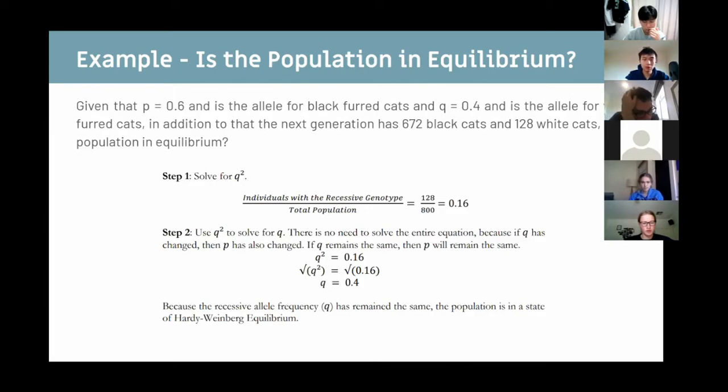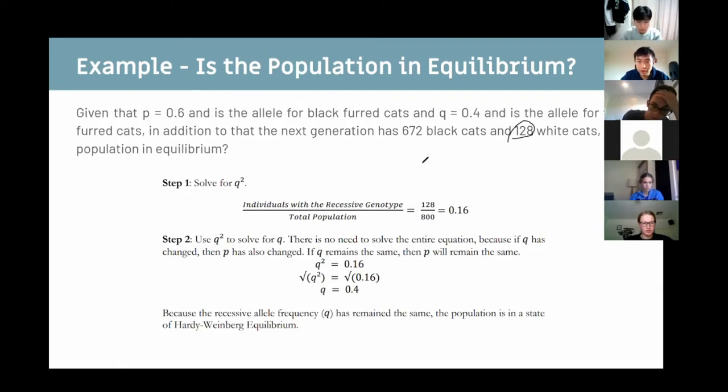If you recall from what we said before, if we work out the allele frequencies, so P and Q, for both generations, and they're pretty much equal, then we say that it is in equilibrium. We've been given the frequencies for the first generation. So P equals 0.6 and Q equals 0.4. With the second generation, we can figure out the allele frequencies. If you notice, we have 128 white cats, right? So white is the recessive trait. That means it's basically little a,